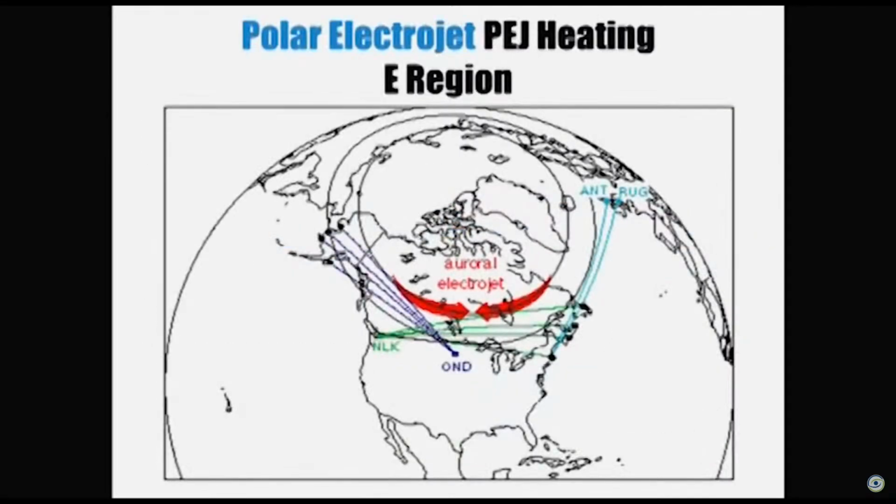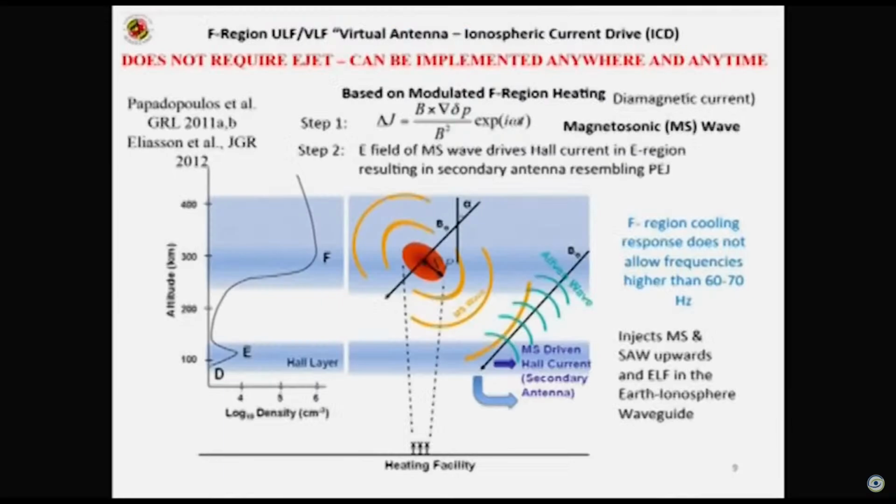The electrojet is that circle right there above the North Pole. That's why Tromso and all of these other ionospheric heaters are near the North Pole. The really cool thing for them, though, is they figured out a different way to do it. Now they call it ionospheric current drive. And what they're actually doing is heating a higher part of the ionosphere, which is making a signal that's heating the lower part of the ionosphere, which is then making an antenna that makes ELF waves that talk to submarines and drive you crazy. The thing is, it can be implemented anywhere, anytime.